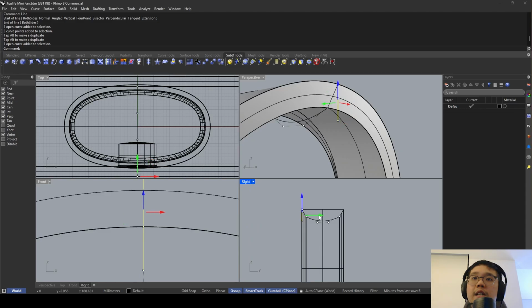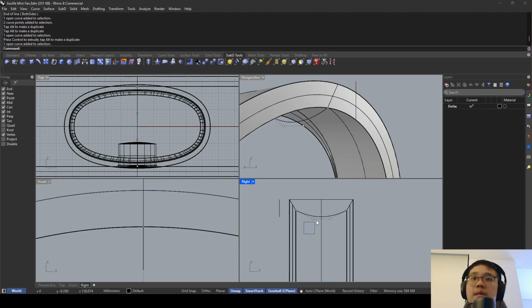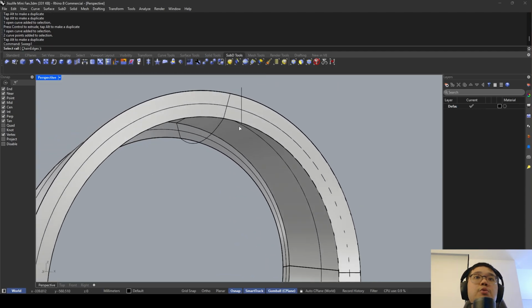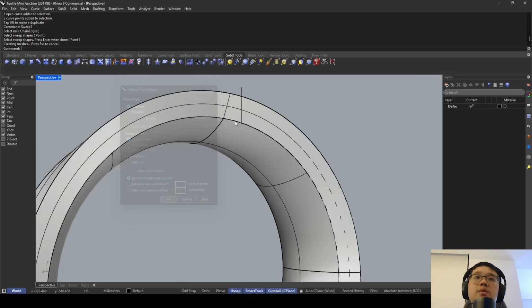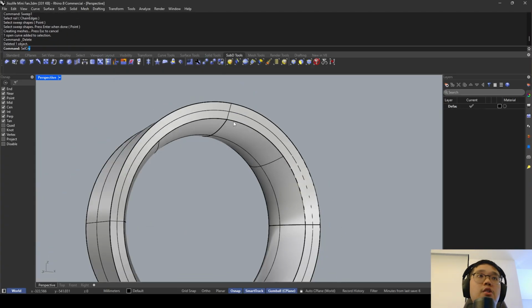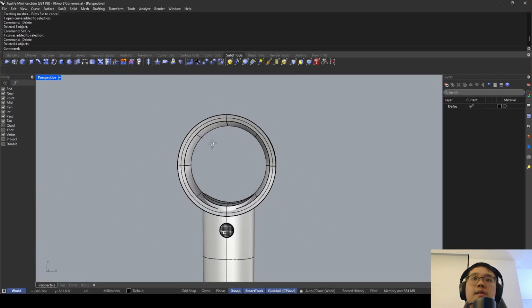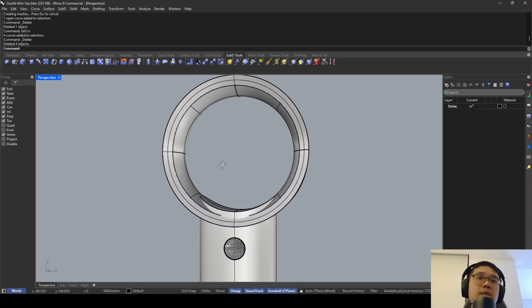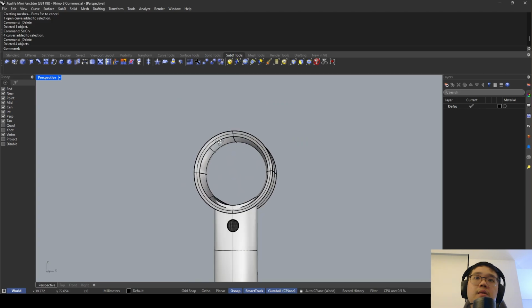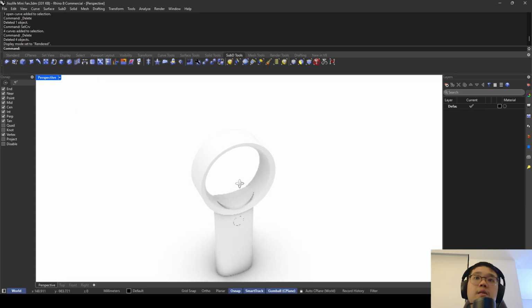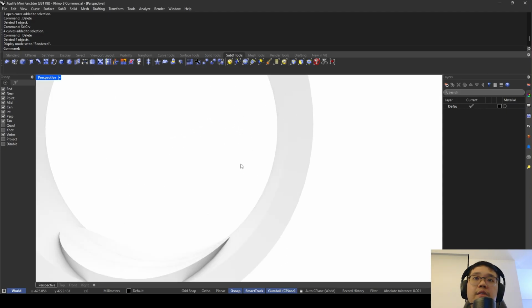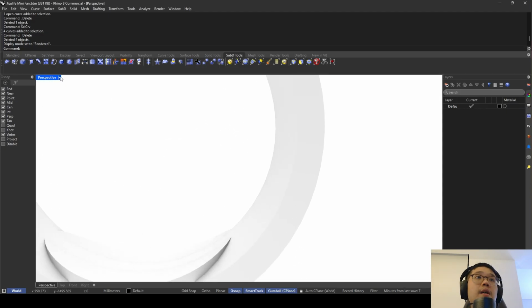I'll just move this aside so I can see. Yeah, this looks right. Okay. Command sweep. Cell curve, delete. Yes. It looks like a Dyson fan. Anyway,